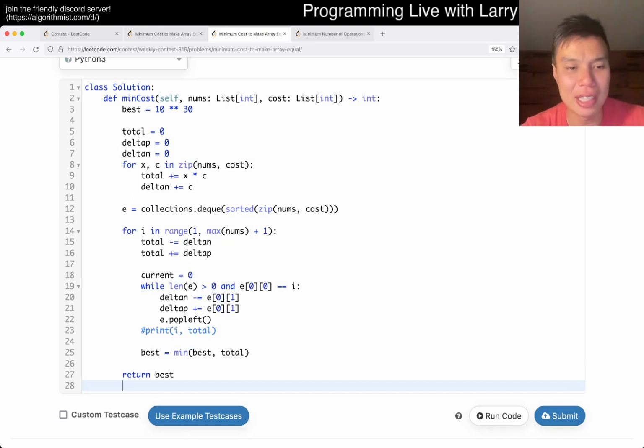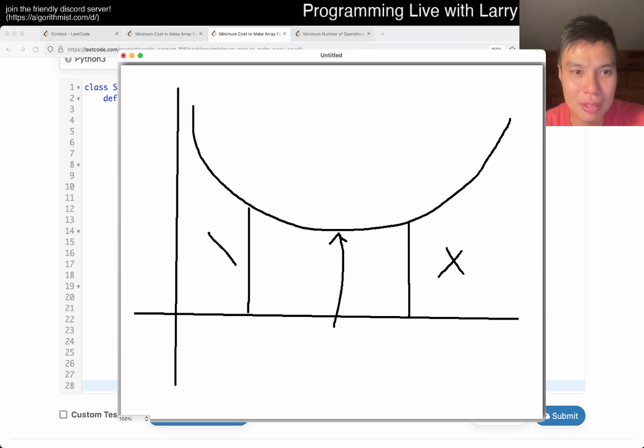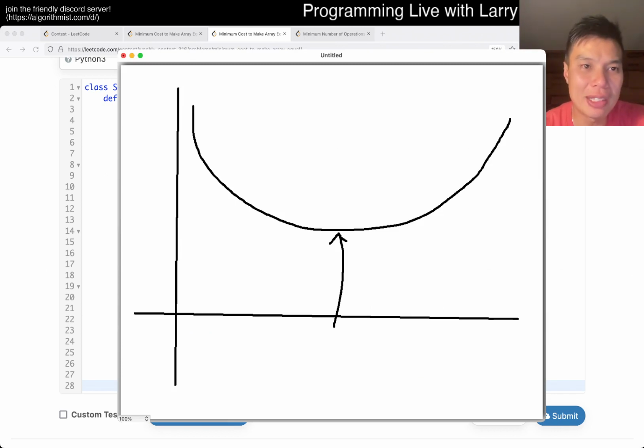And the second solution that I did, and I'll also draw a visualization here. So let me bring back up the thing. Okay, so now basically this is the idea again. You have a curve, something that looks like this, and then what I do is I calculate the cost at 0, which is, I guess, the cost here, say, right? And then every time I move from left to right,